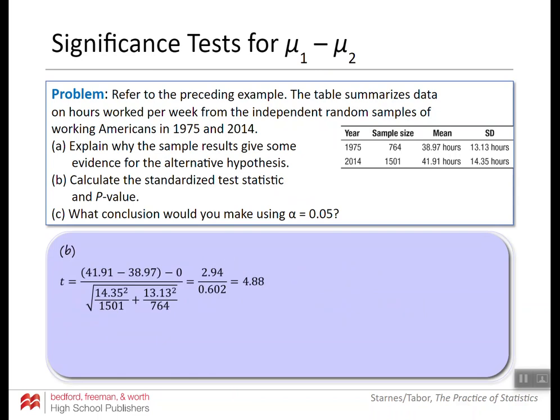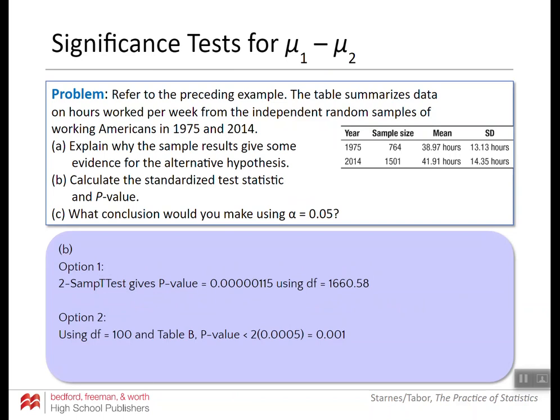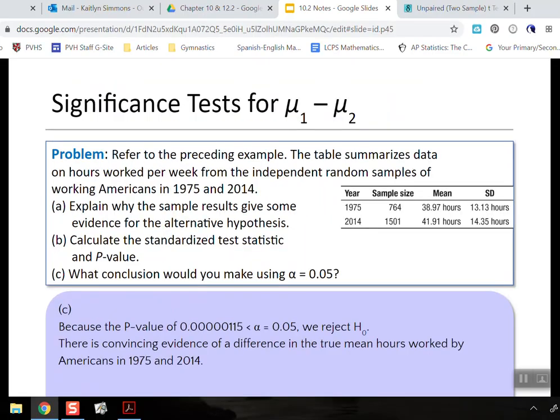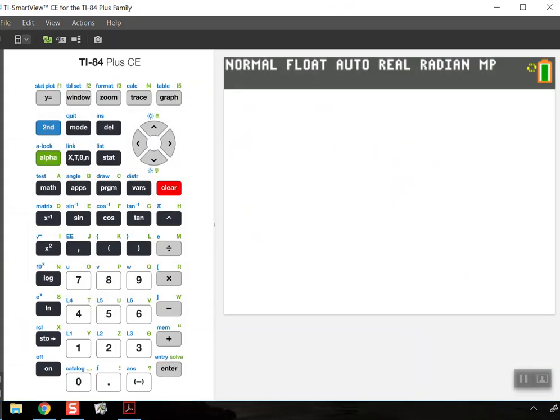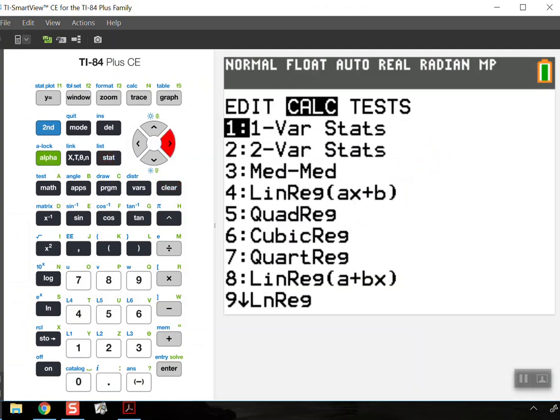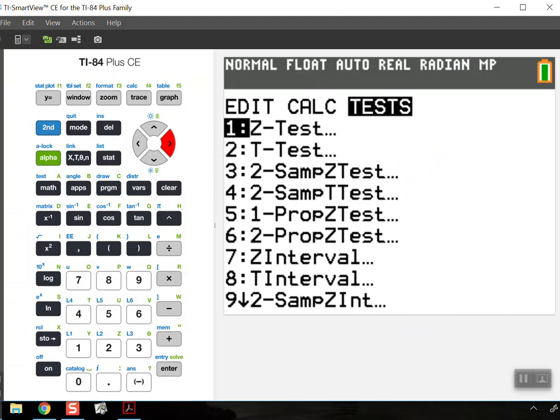Next, we want to calculate the standardized test statistic and the p-value. So we can either use the formula and then use the table, or use the tcdf in the calculator to get the p-value, or we can just use the calculator. So, if I go to Stat, Tests, to sample t-test,